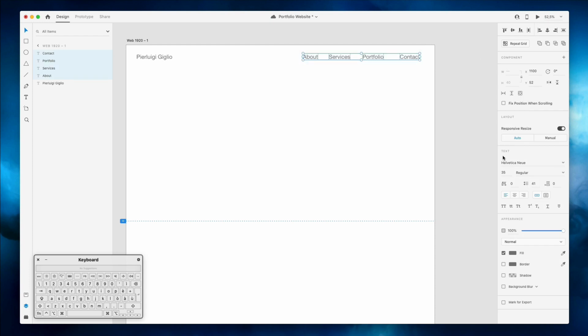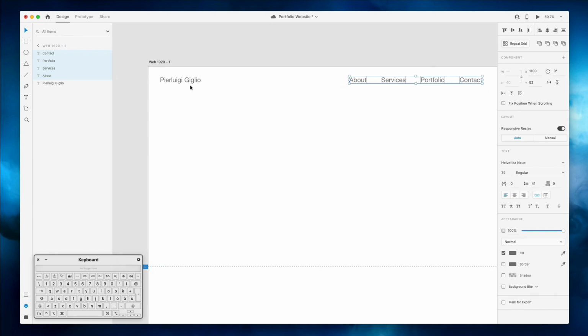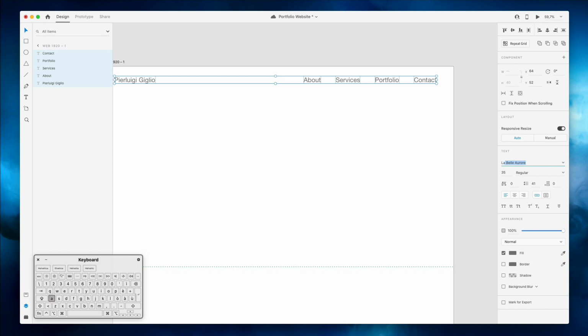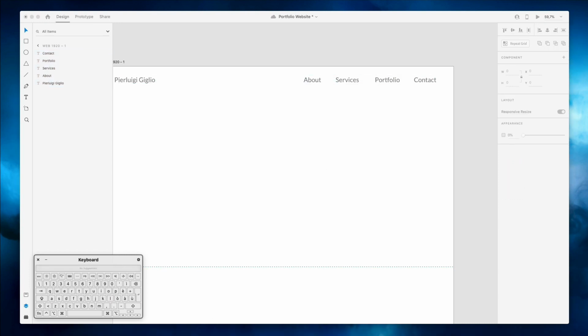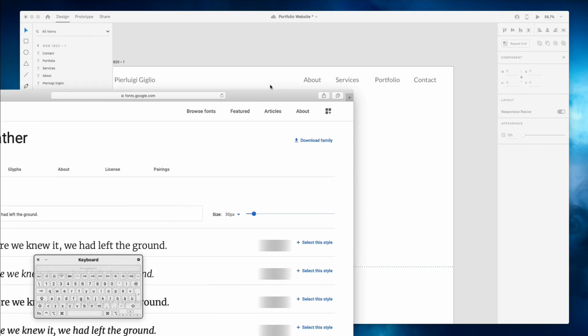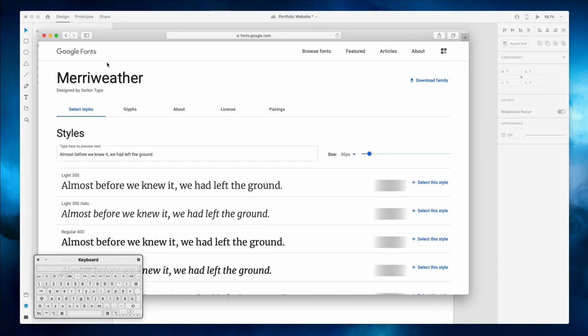All right. So the very first thing that we want to do when we're creating a new project is start establishing the font right away. The font that we're going to go with is the Google Web font called Lato. And we're also probably going to have to use another font, which is Merriweather. So if you simply go to